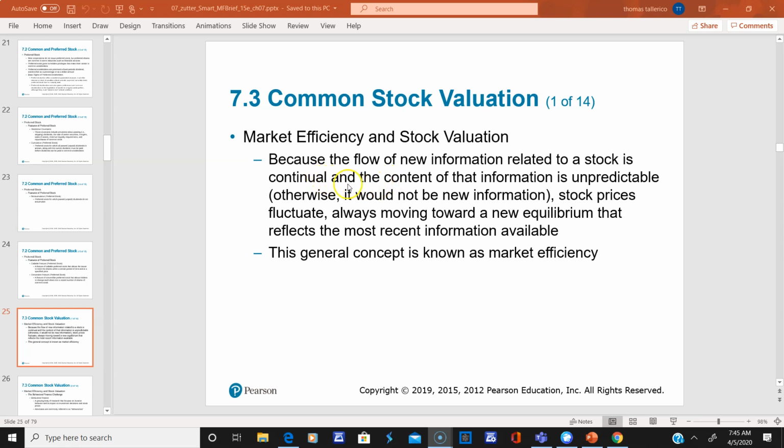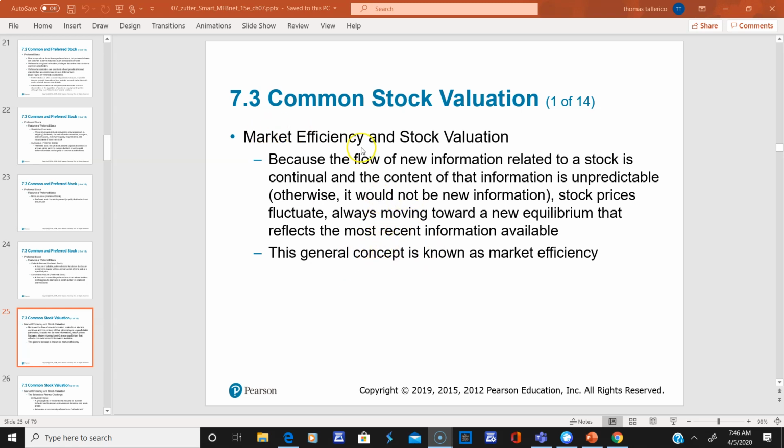Information is continual, and you saw all the information in your life that's come out the last month about the coronavirus and what it did to stock valuations. Now, that's basically called systemic, and most people believe as soon as this goes away, the stocks are going to go up, and we may be in for a great buying opportunity. And this is known as market efficiency.